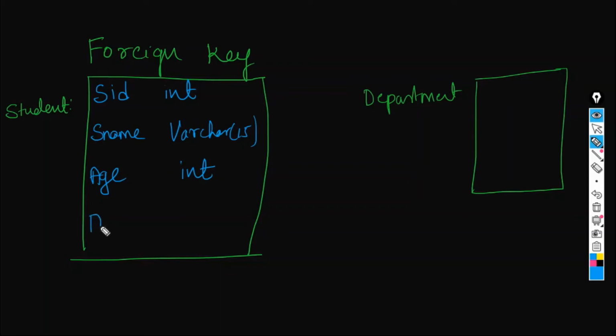Now we'll have a department ID, again integer data type. Let's have only 4 columns, but in real world, obviously this is not the only 4 columns you will be having. You will be having multiple columns, but the concept remains same whether you have 15 or 20 or only 4 columns. Concept remains same. Okay, now here we'll have department ID with the integer data type and then department name with varchar 15 again.